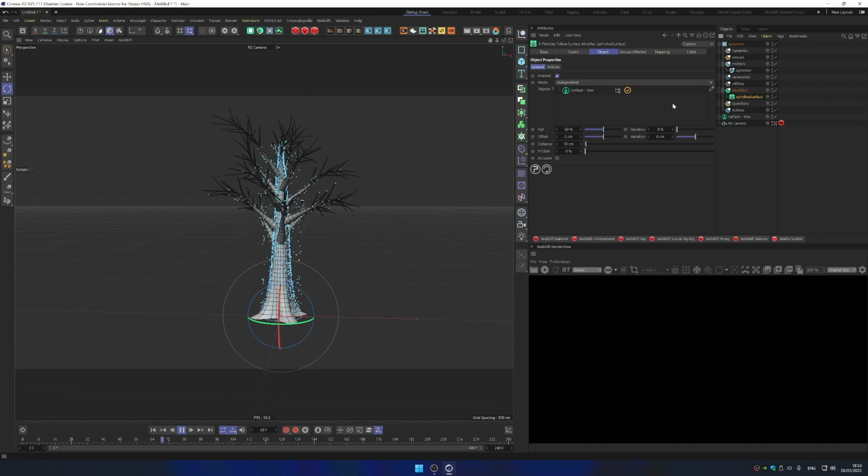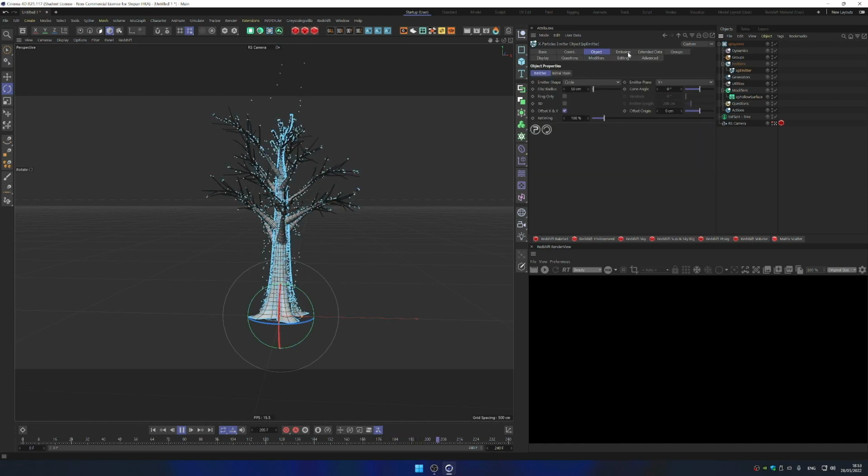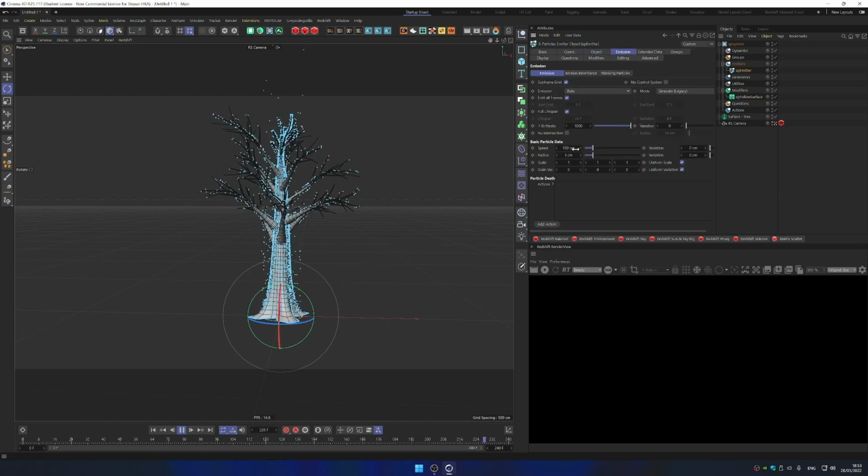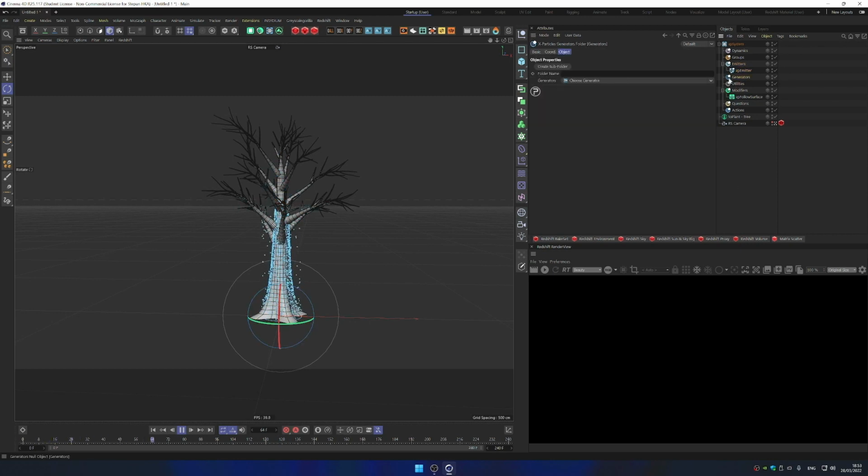So you see, it's going to follow our tree beautifully. I'm just going to reduce the speed of that emitter. So go to XP emitter emission, and we're going to change it to like 60, so we get something easier and more controllable. Maybe even 100. And now what we want is to go again into the generator and generate trails for